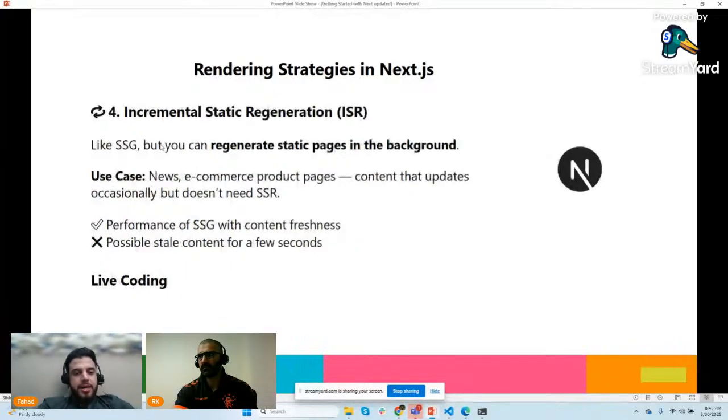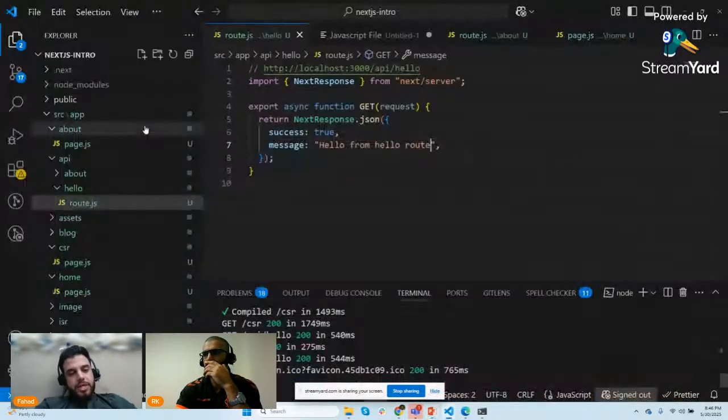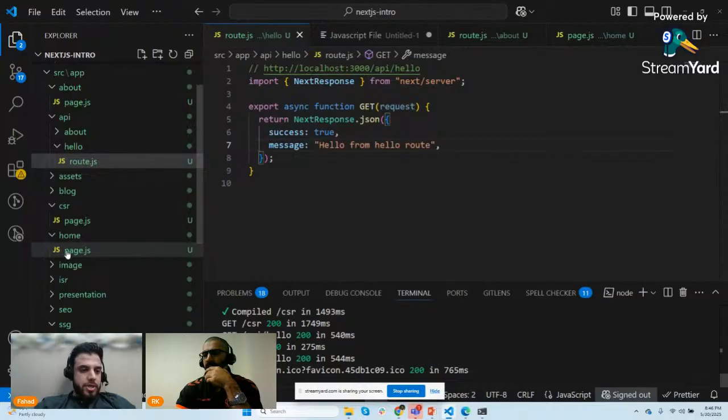The fourth one is incremental static regeneration. Like SSG, static site generation, but you can regenerate static pages in the background. What are the use cases of it? News, e-commerce, product pages, content that updates occasionally. It provides the performance of SSG with content freshness. So let's get into the coding side of it. How it works is